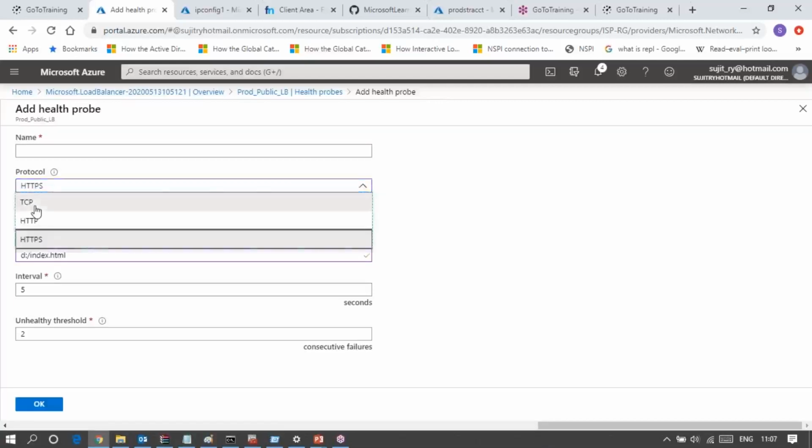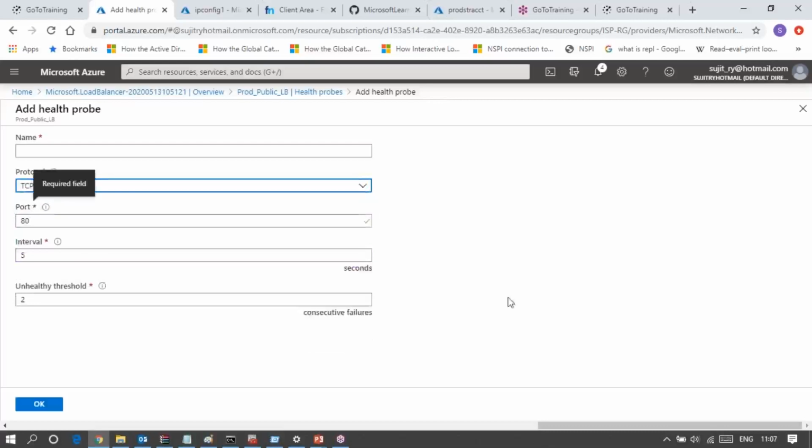If I choose TCP, as long as my VM is running and the TCP session is running there, my VM is well and good. But instead of checking the VM, if you want to check a particular service, then you should go for HTTP or HTTPS, and you can put the file name as I mentioned previously.